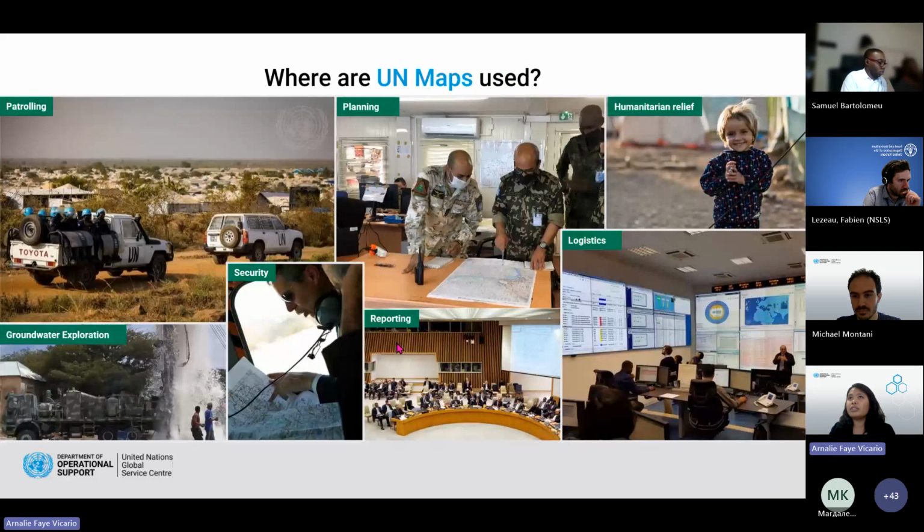The open mapping data that the UN Mappers produce are translated into UN Maps, and these UN Maps are used in a lot of different ways, from planning, security, reporting and logistics, to humanitarian relief and groundwater exploration.